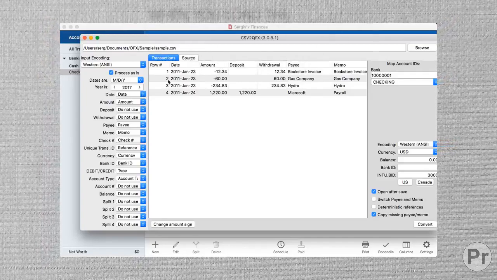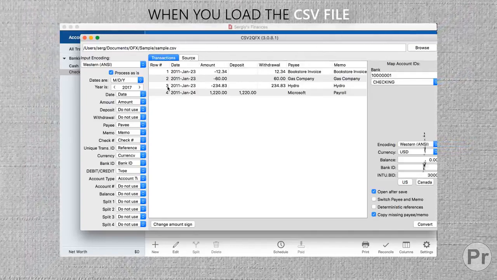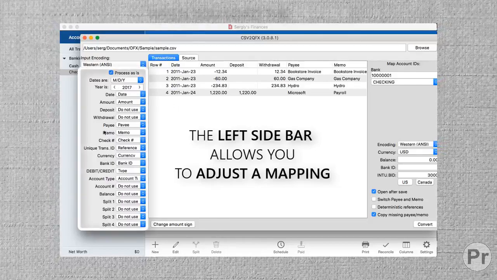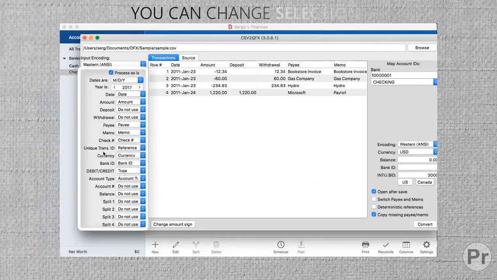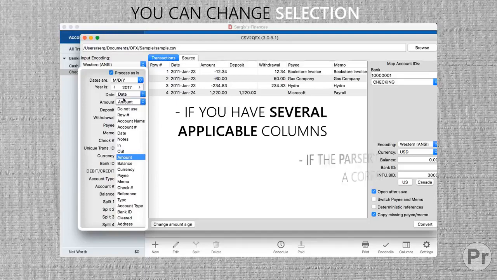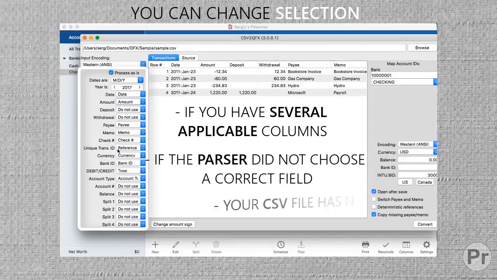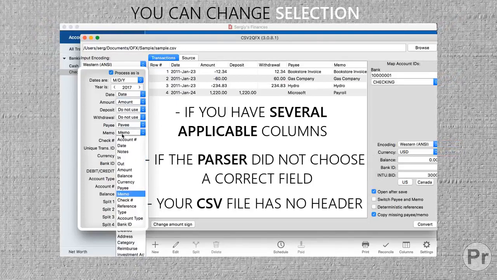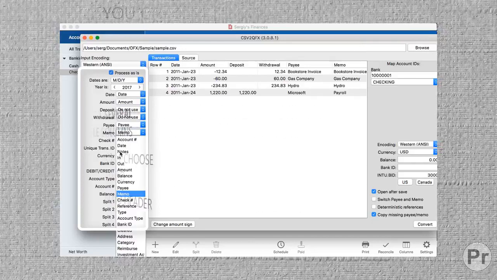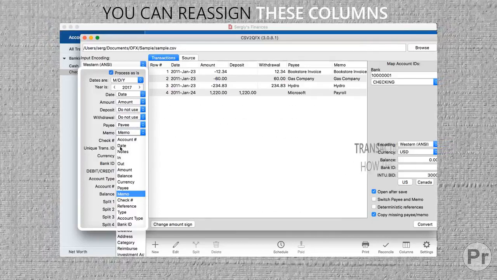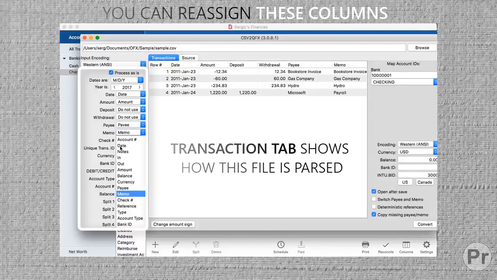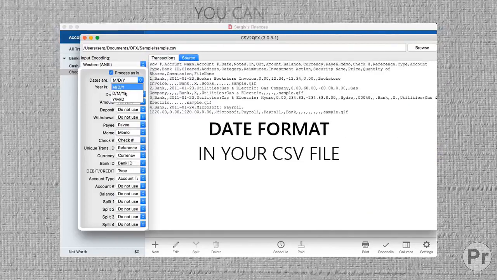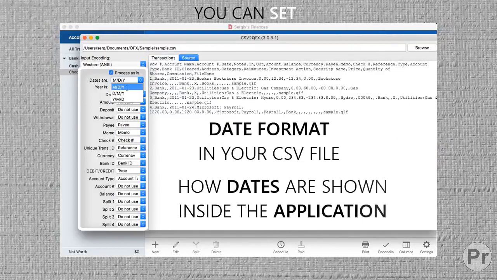And when you load the CSV file, the left sidebar allows you to adjust the mapping. You can change the selection if you have several applicable columns, or if the parser did not choose the correct field, or your CSV file has no header. You can reassign these columns, and the Transaction tab shows how this file is parsed. You can set the date format in your CSV file, and how dates are shown inside